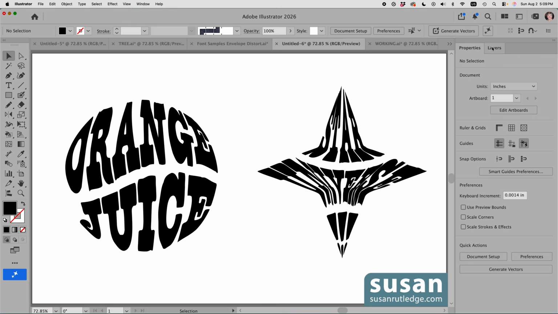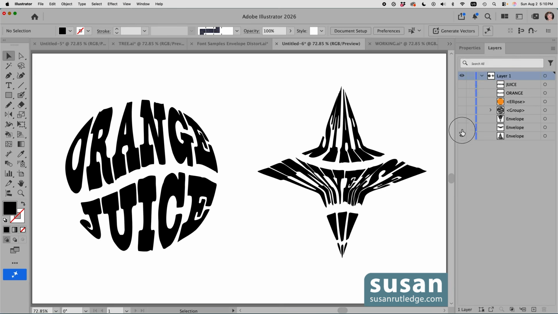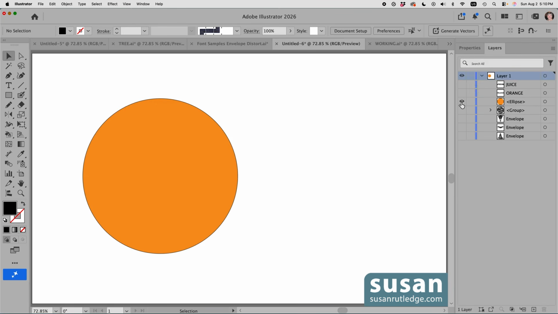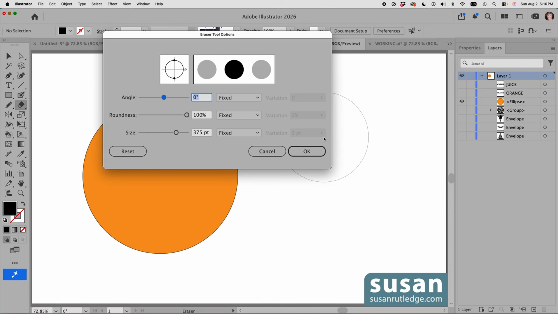Let me come over to the layers panel. I'm going to hide these layers, and let's pull up my ellipse. And then I'm going to go over to the left toolbar and grab the eraser tool, keyboard shortcut Shift E. You can see the size of the eraser head moving around on my cursor, and that's way too big for this project. So with it active, I'm going to press the return key, and that opens the eraser tool options